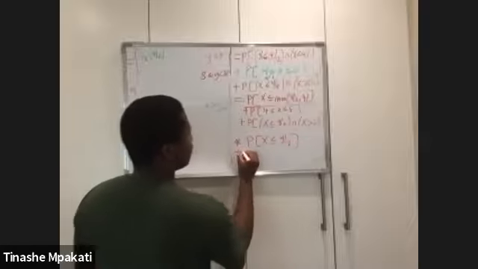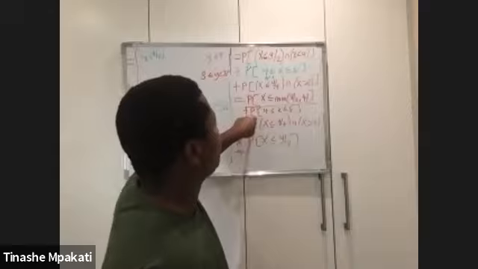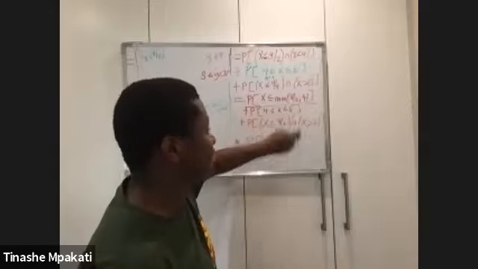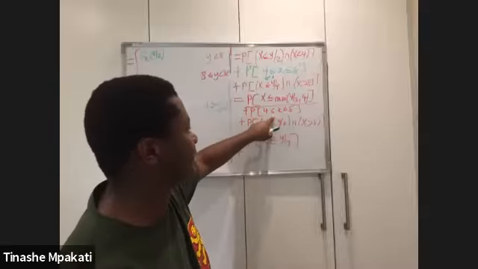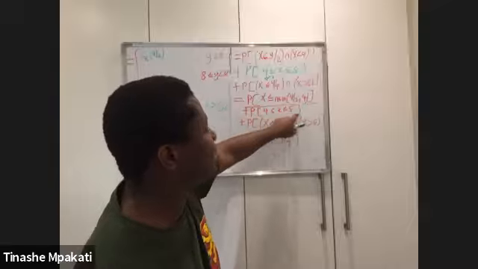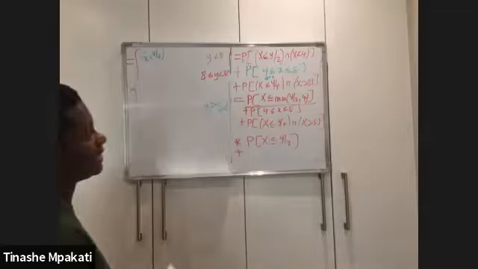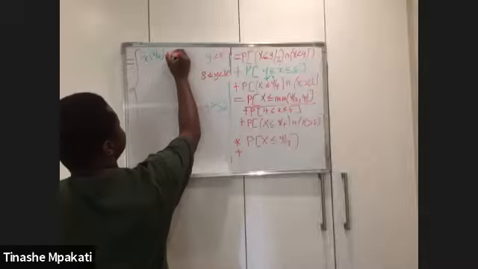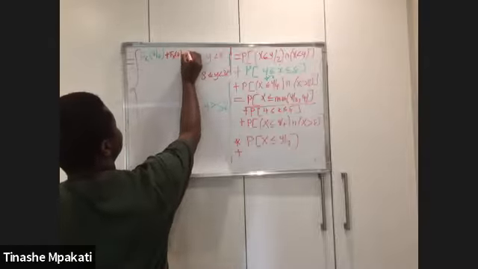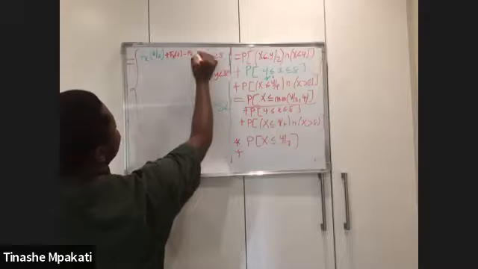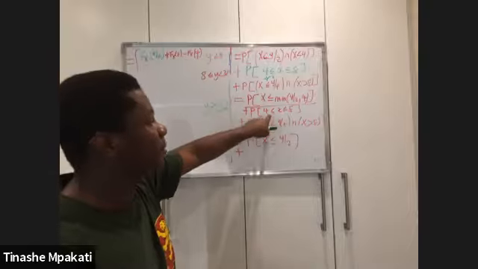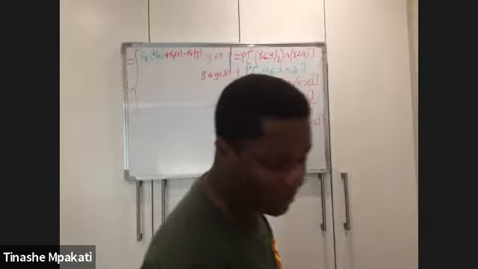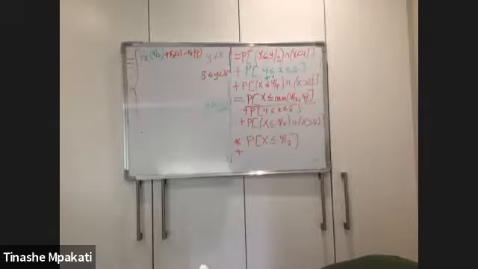Then the next part of this statement is saying the probability of x being between 4 and 8, right? So what this means is that there is no y in this case here. We just want the probability of x being between 4 and 8. So that part will just be your CDF of 8 minus the CDF of 4, right? This is one of the properties of a CDF, that, like we mentioned earlier, if you want the probability of x being between a and b, okay, cool.